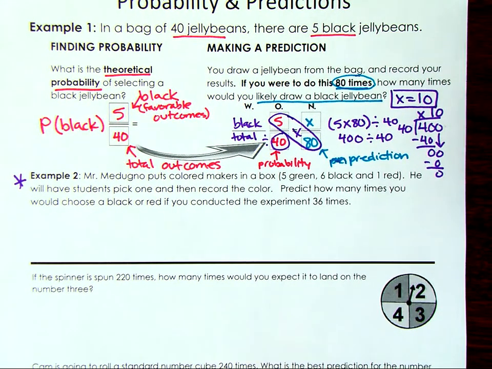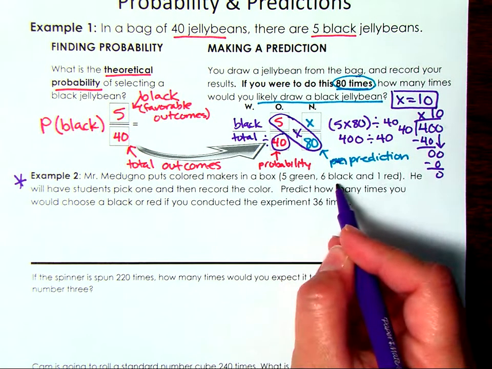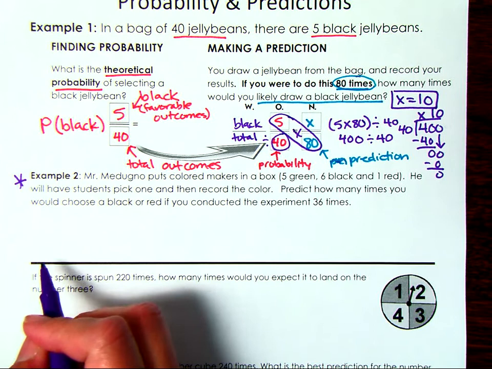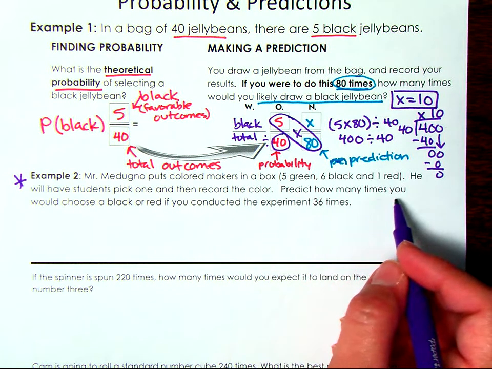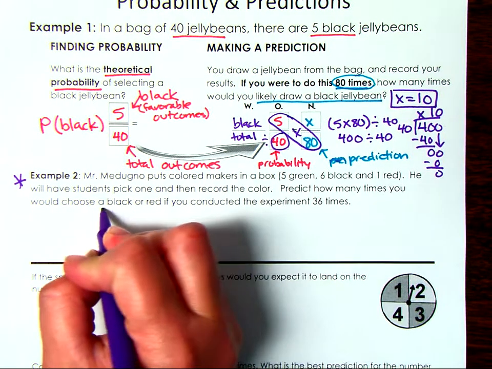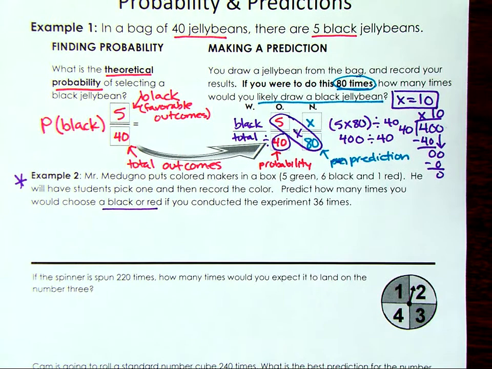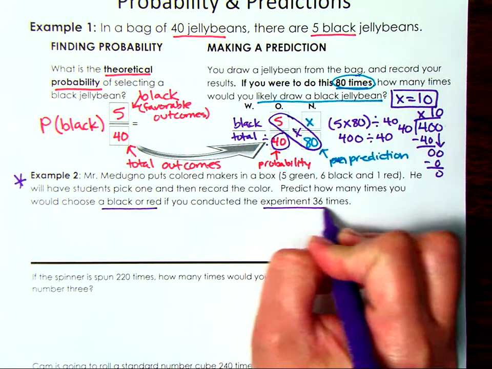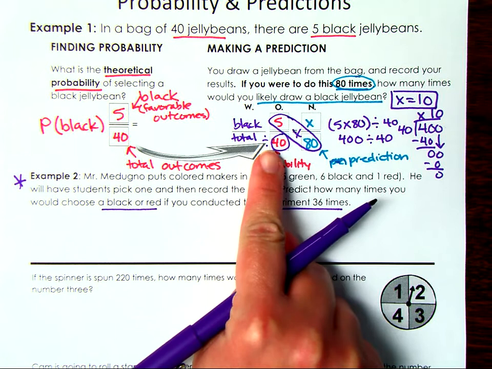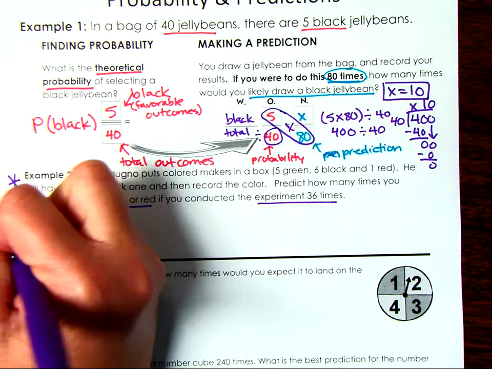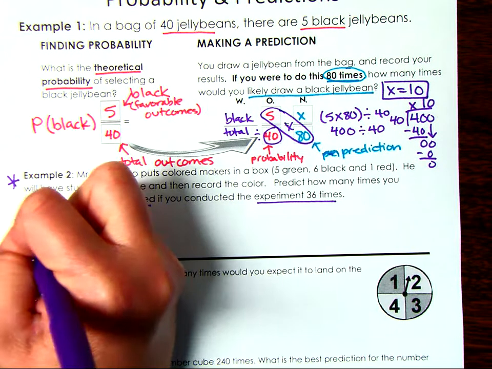So it says, Mr. Majuno put colored markers in a box, 5 green, 6 black, and 1 red. He will have students pick one and then record the color. Predict how many times you will choose a black or red if you conduct the experiment 36 times. So this one you've got to be really careful about, because think about our original ratio. So we're looking for first the probability of black